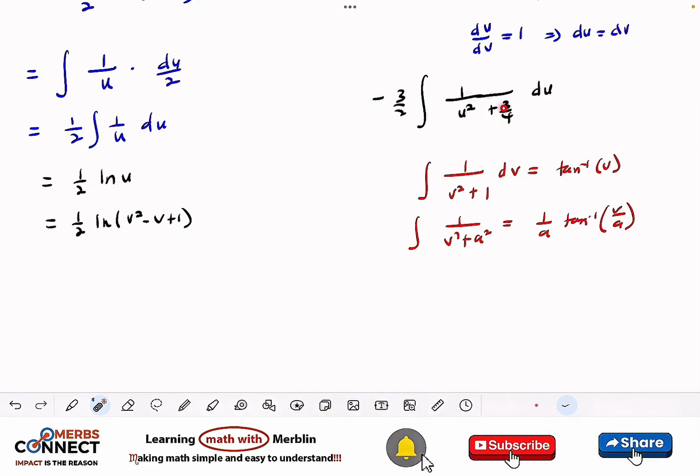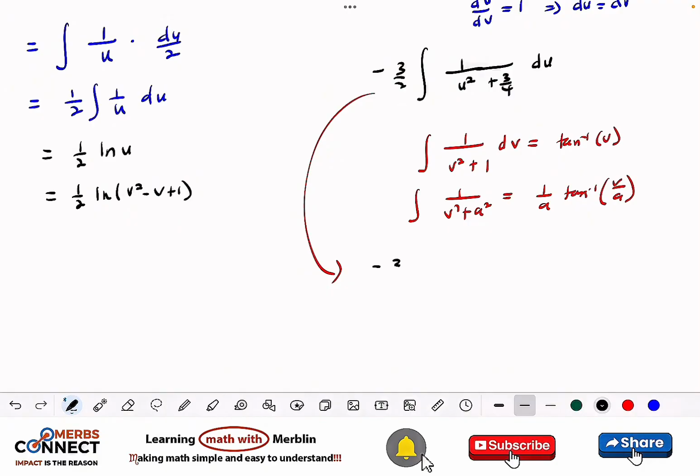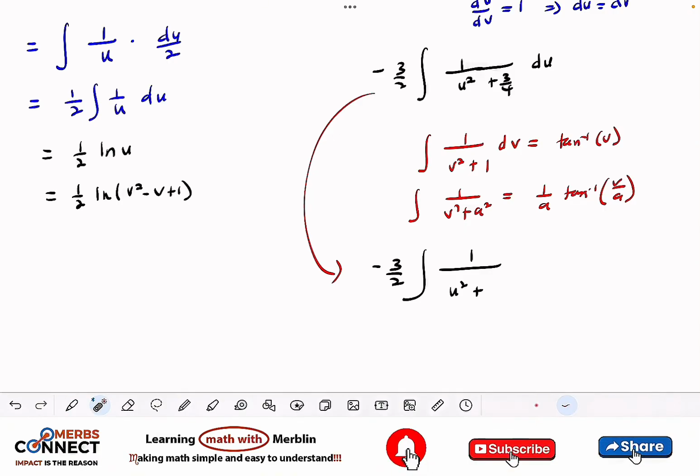Because if this one is 1, then this is just tan inverse of u. But since this one is not 1, this one is a, and this a here is squared, so we need to make sure that we square it. So what are we going to do? We can write this one as minus 3 on 2, 1 divided by u squared plus, now how can I write this one as